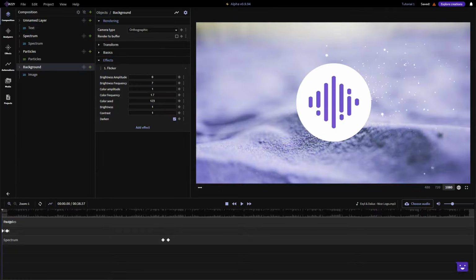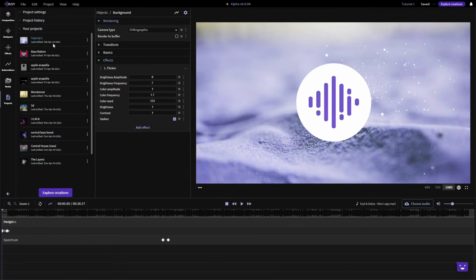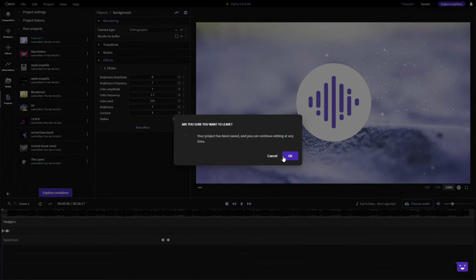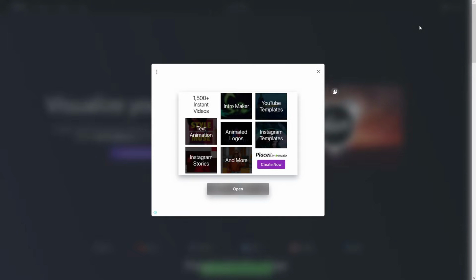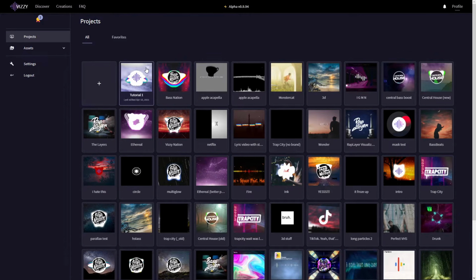It will appear. Now, once you're done messing with all of the settings, you like the project and you want to save it, go to File and hit Save or hit Ctrl S. This will save your project to your profile. Obviously you need to register to store data, but I'm sure you'll have no problems with that. So you can load this project from this projects pane and you can go to the main website again. You can go to your profile, close the ad, and you can see the project here as well.